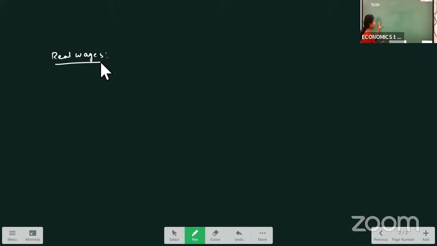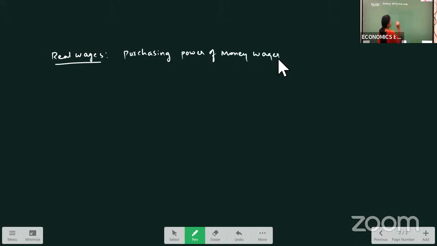So real wages is a concept where we can say it is the purchasing power of money wages. What are real wages? Real wages are the purchasing power of